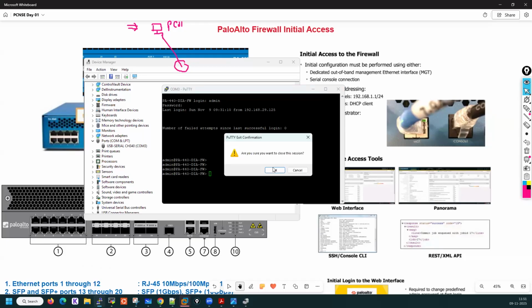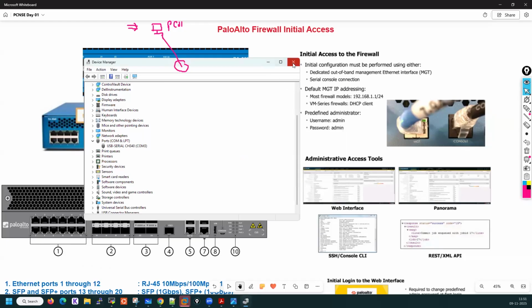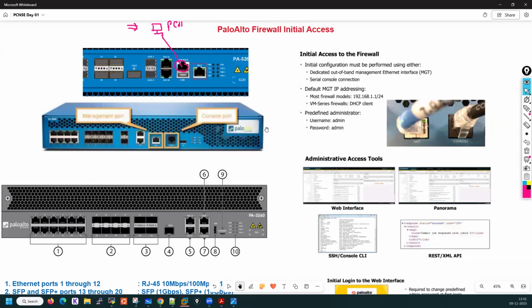Another option we have, if you don't want to use the console port, what you can do is basically use the, instead of console port now,